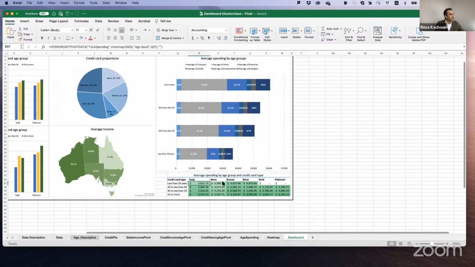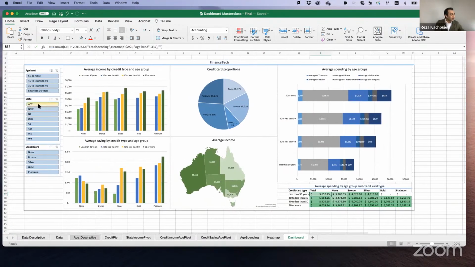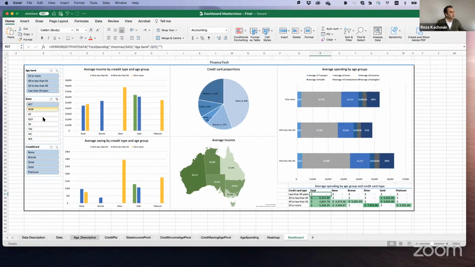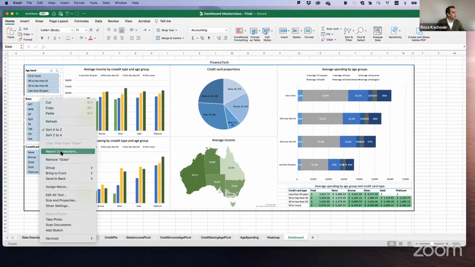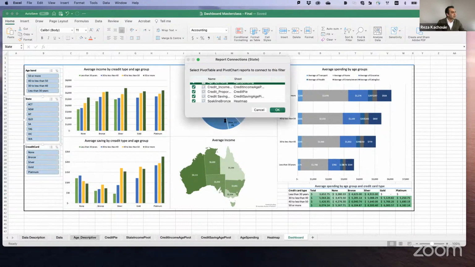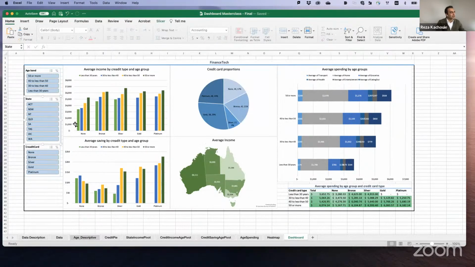Okay, let's look at the dashboard that we have. So think about, we link this slicer about this date to this one. What is the point of it? Let me add. It is not linked to our state income. It is now linked.